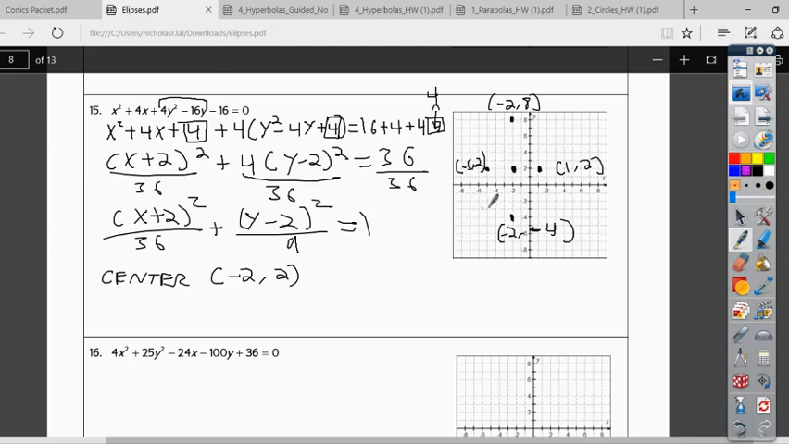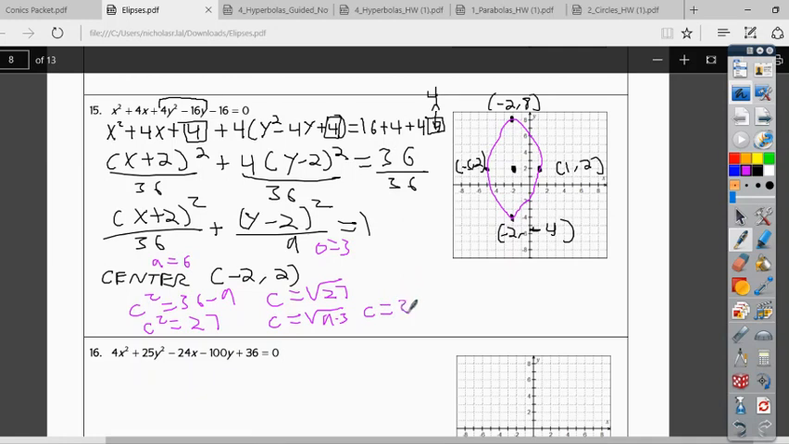Graph the ellipse. So a equals 6, b equals 3. c squared equals 36 minus 9. 36 minus 9 is 27, so c squared equals 27. c is equal to the square root of 27, which is the square root of 9 times 3, which means c is equal to 3 root 3,